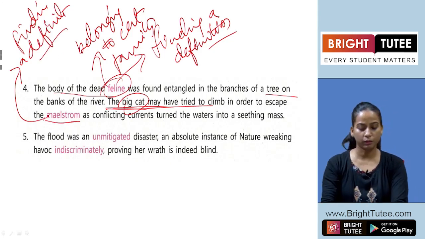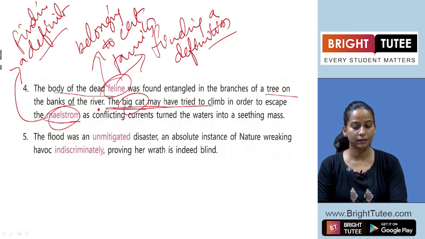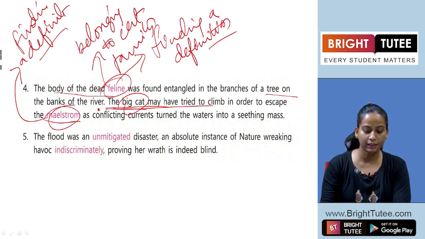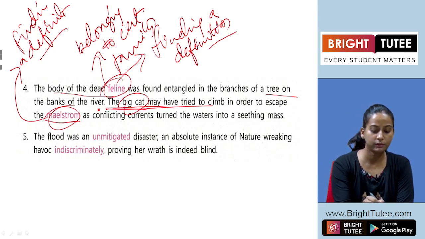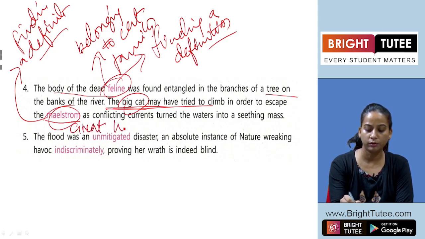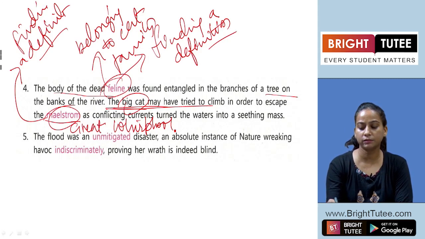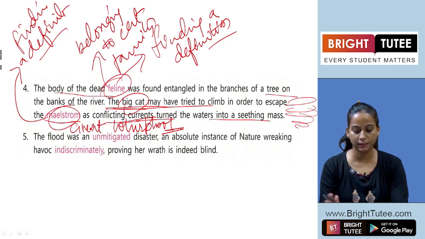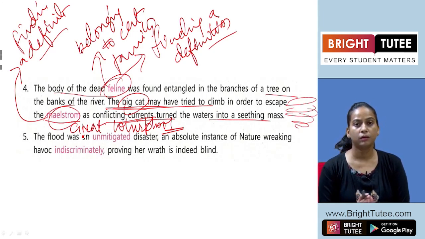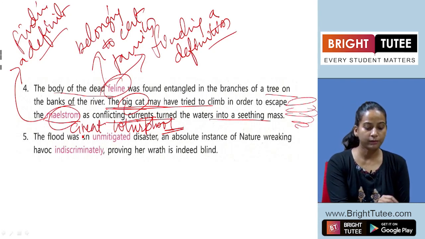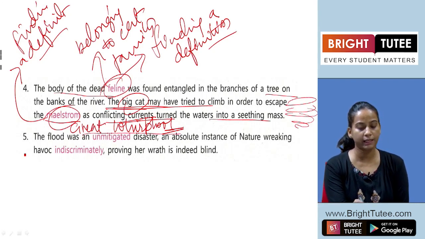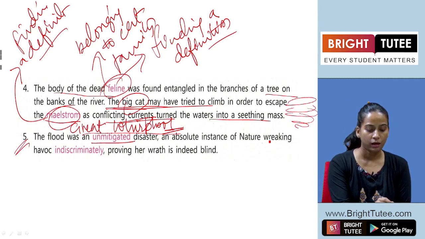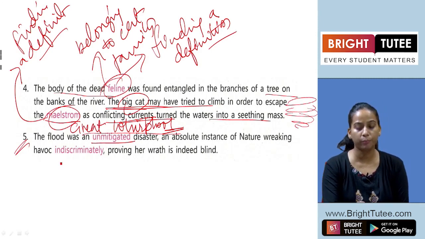As for maelstrom, they are talking about escaping the maelstrom. We know that a flood was there. Through that we get the idea that a great whirlpool was there. Conflicting currents turned the water into a seething mass, meaning this sort of movement started taking place. So somewhere it is giving us the idea of a great whirlpool. Clear? The fifth one: the flood was an unmitigated disaster, an absolute instance of nature wreaking havoc indiscriminately, proving her